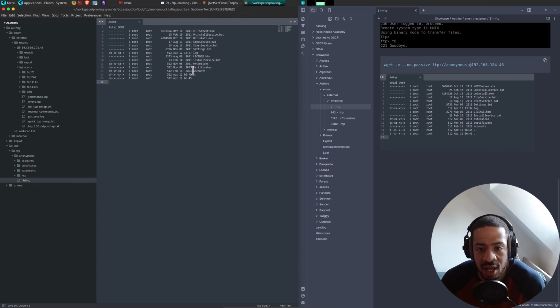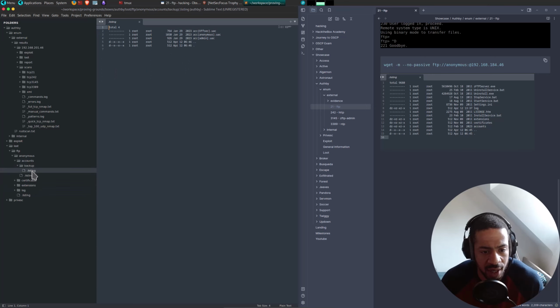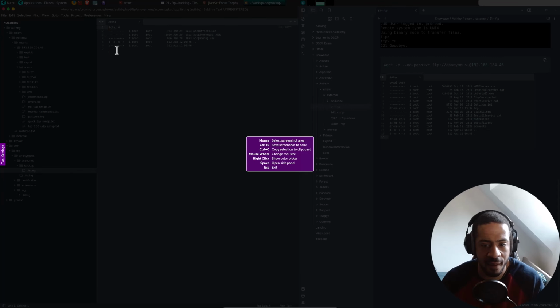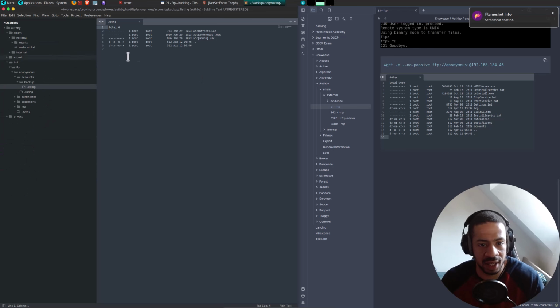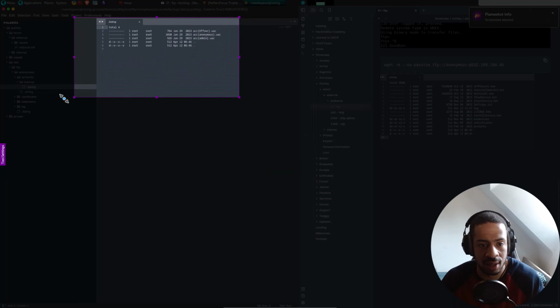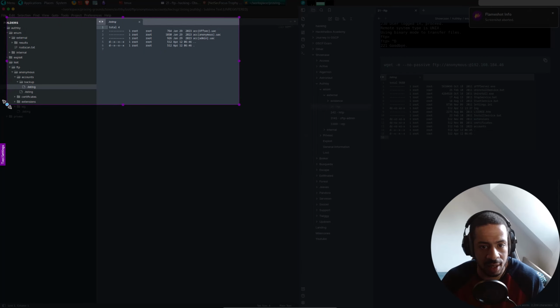So we see an accounts folder, we see certificates, extensions, and a couple of executables. Let's go into the accounts, backup, listing. OffSec, anonymous, and admin. This is interesting.